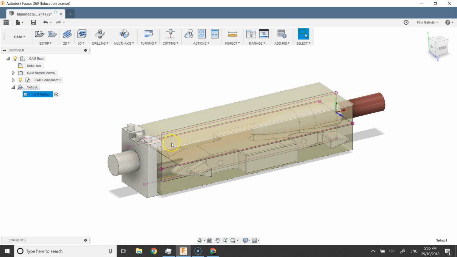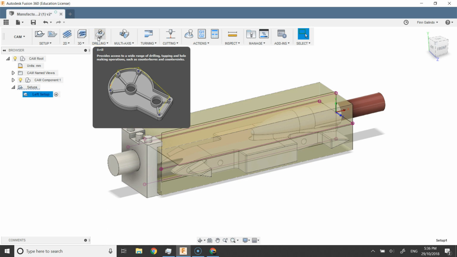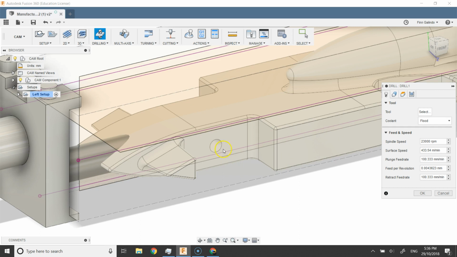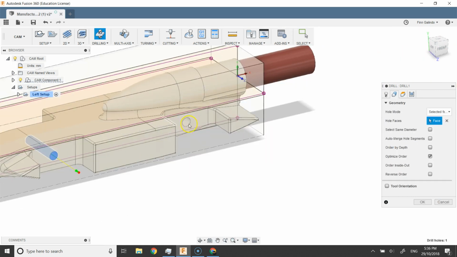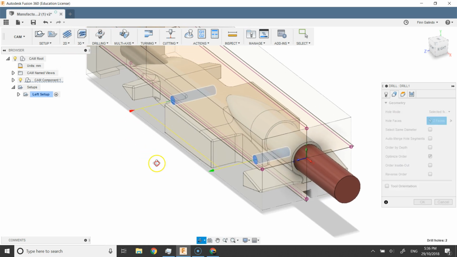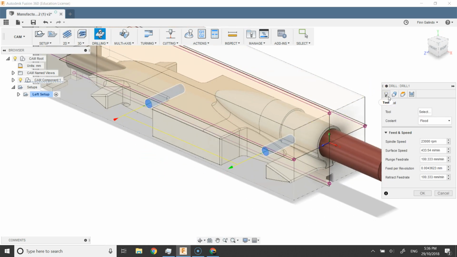The next step we're going to do is actually start creating some codes. Now we are going to start with the drill code. The drill code, as the name suggests, drills out some holes. When you first select it, the first thing you need to do is select the two axle holes we want to drill out. And from here we're going to start doing the very critical process of defining the tool